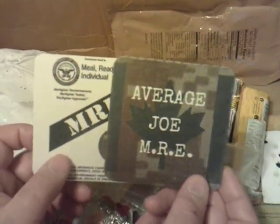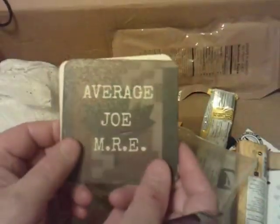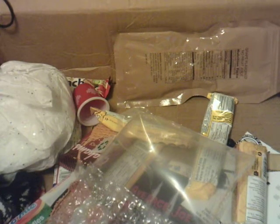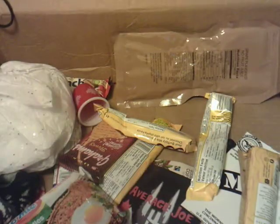I promise I will show these and treasure these as I do the others and show them off. I told you I save everything and anything that someone feels nice enough to send me. To be honest with you, I do feel privileged. You just send me a letter, I am as happy as can be. That's all anybody wants, just to be recognized and say, yeah,